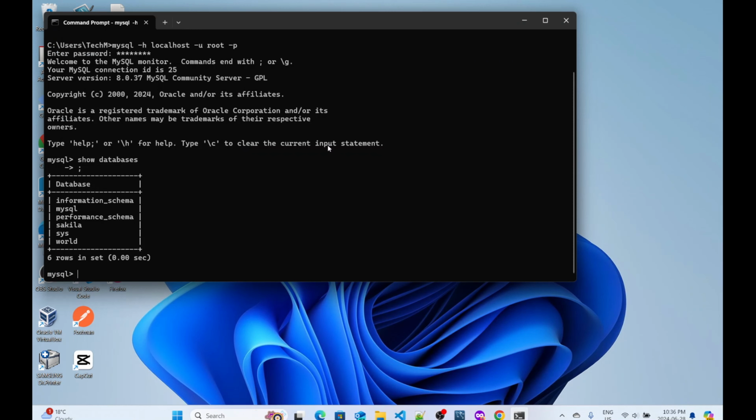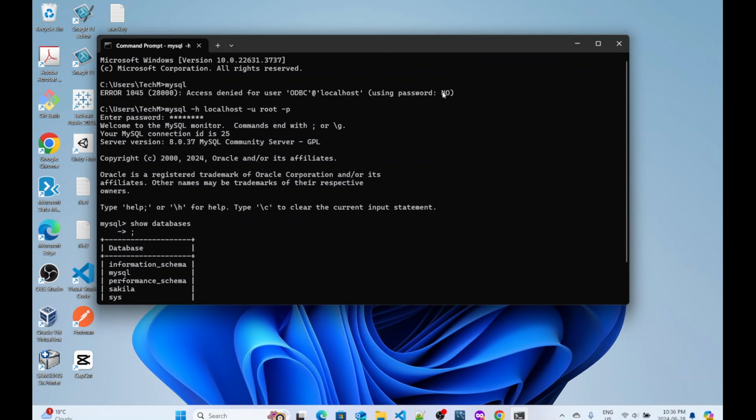So that's how to configure MySQL command line client to run